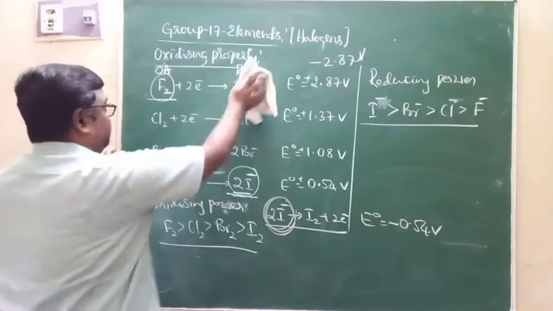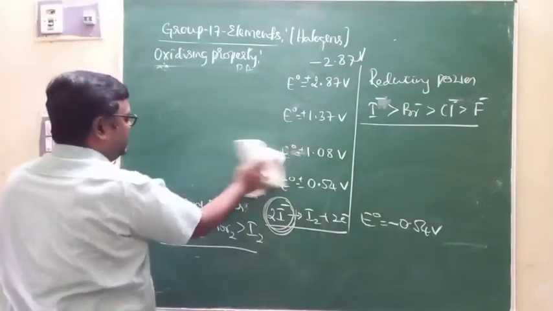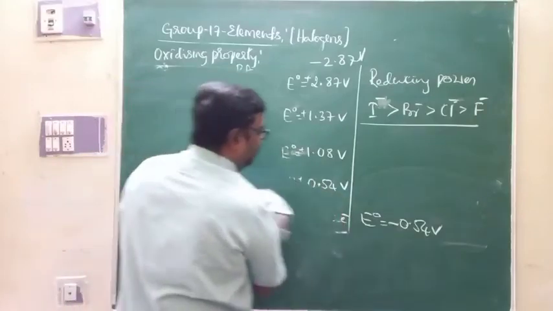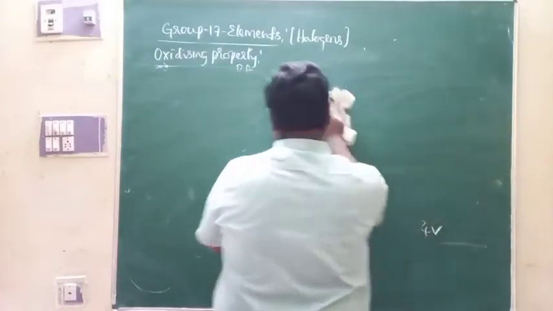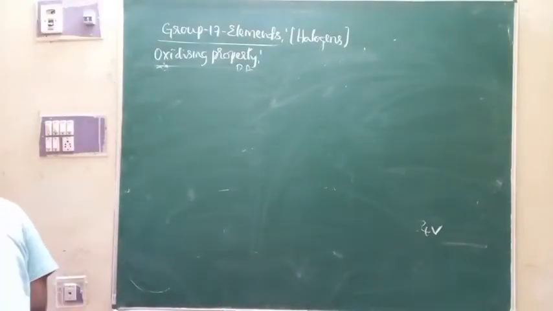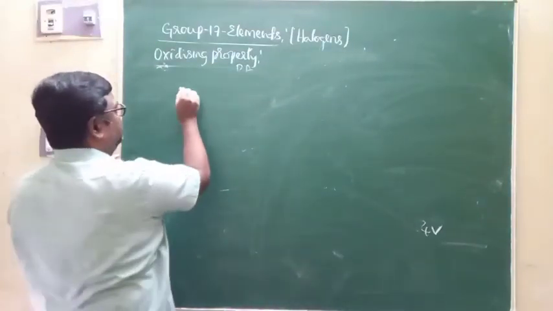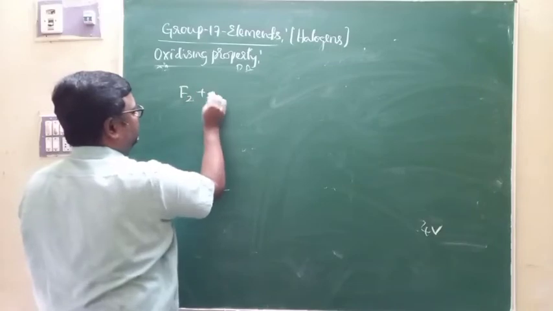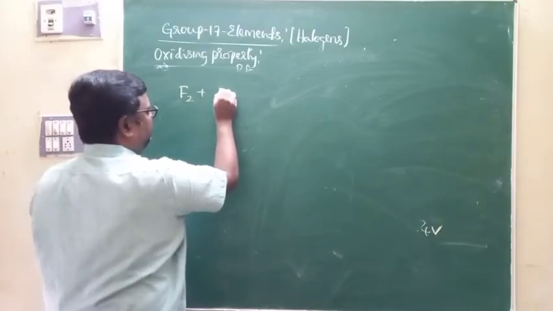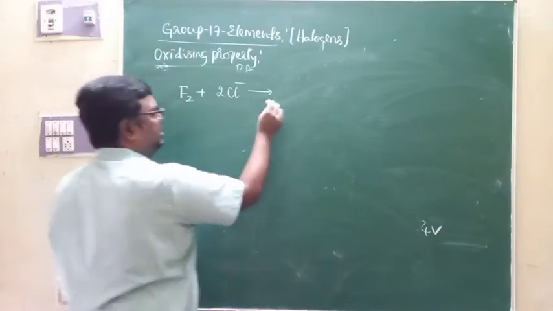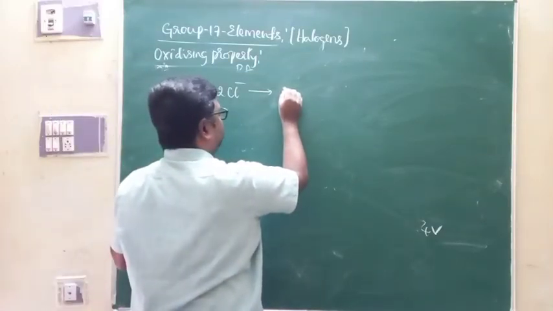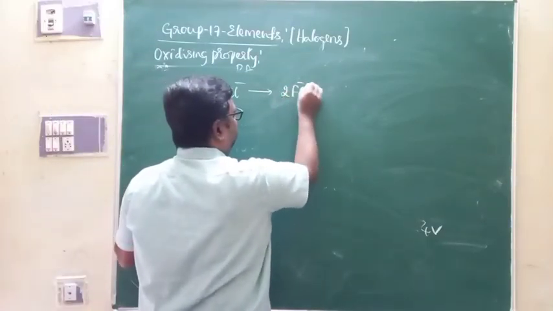And of course, because of the high reactivity of fluorine, fluorine displaces the remaining halogens from their salts. The oxidizing power of fluorine is highest, as we said. That can be justified by using this reaction. That is, when fluorine reacts with Cl minus, you are going to get 2F minus plus